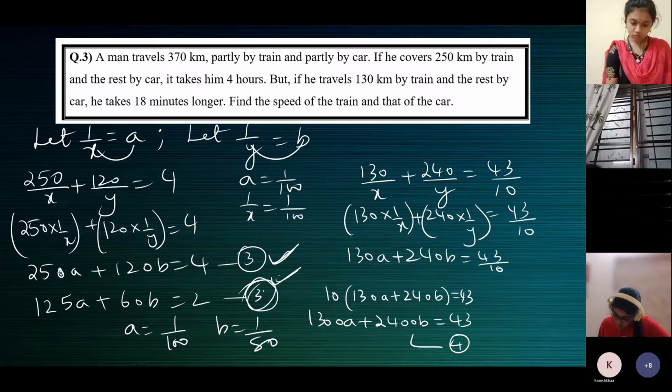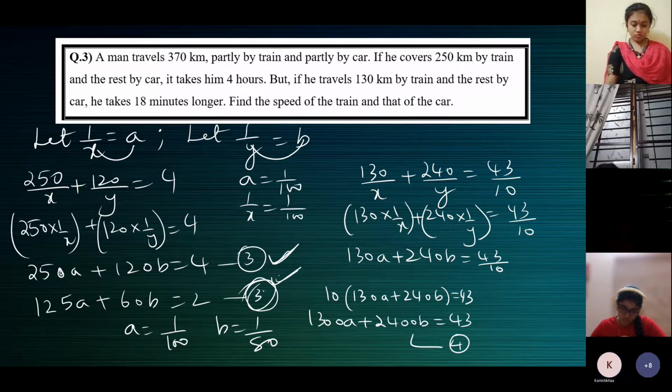Ma'am, I got the value for A, ma'am, but I didn't get the value for B. Okay, tell me what fraction you have, Kanishka. I'll help you. Like 4,440. Ma'am, can you hear me? Yeah, 4,440. A by 4,440, right? Yes, ma'am. Is equal to B by